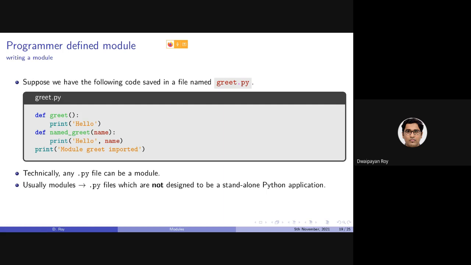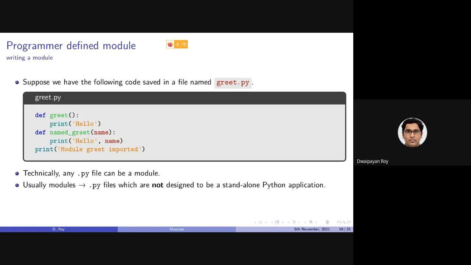Usually, those programs that are doing something themselves, that is, taking some input, computing something and presenting some output, which are running on their own, will most of the time not be considered modules.